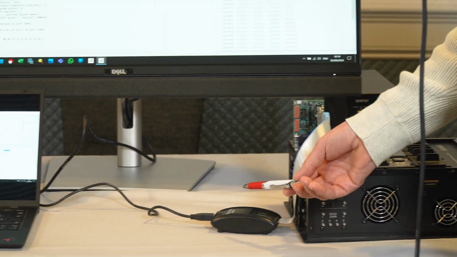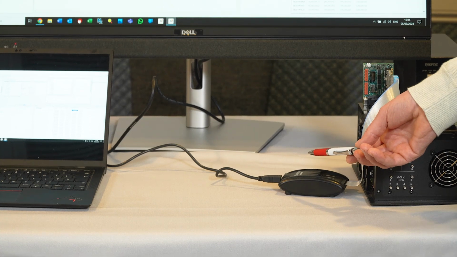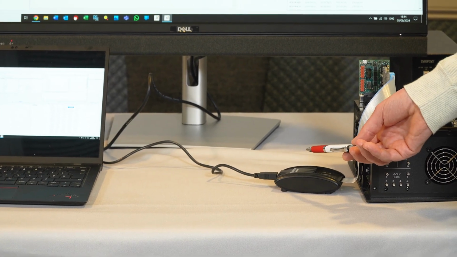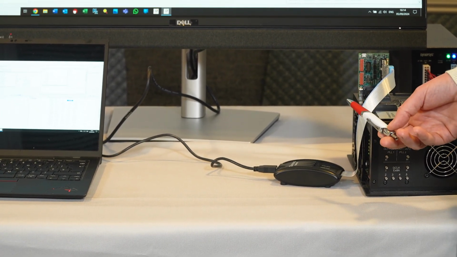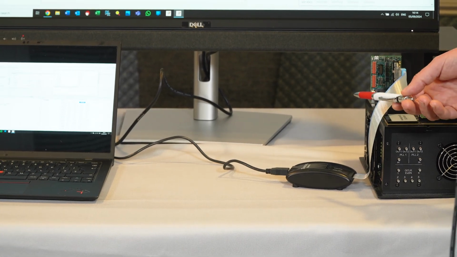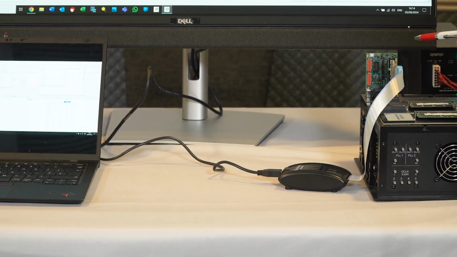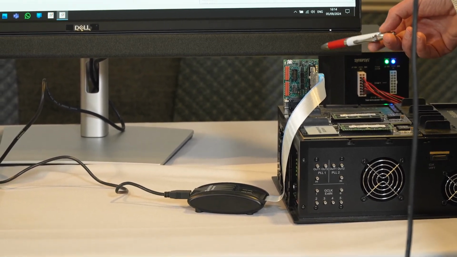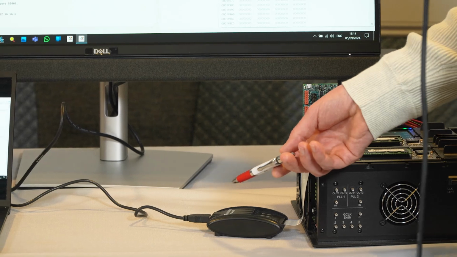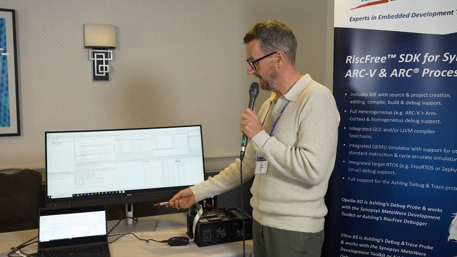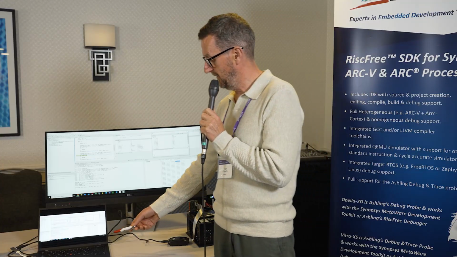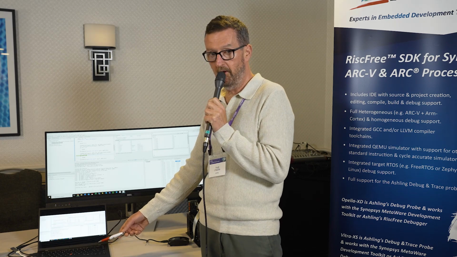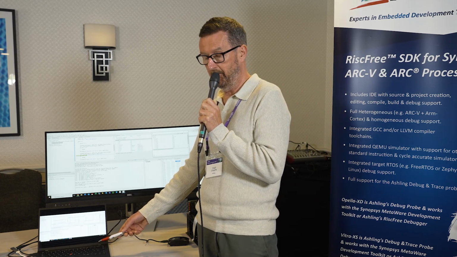And here we have the Ashling debug probe, which is connected to the ARC-V core running on the HAPS platform. This debug connection is done via an adapter board which plugs into the HAPS backplane. And on the other side of the Opella, you have a USB connector that connects to the host PC, which is running the debug environment.